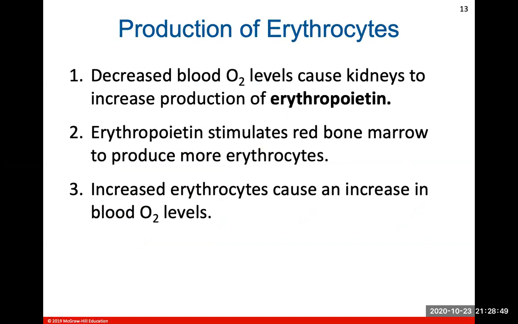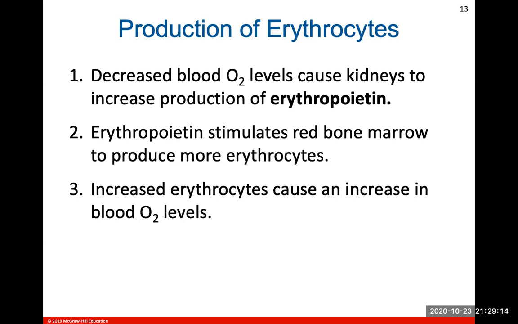Production of erythrocytes. So when there's decreased levels of oxygen, that causes your kidneys to increase production of the hormone erythropoietin. And erythropoietin, that specific hormone, will stimulate your red bone marrow to produce more erythrocytes. And then the increased erythrocytes, because they can hold more oxygen and deliver them to tissues, that will in turn